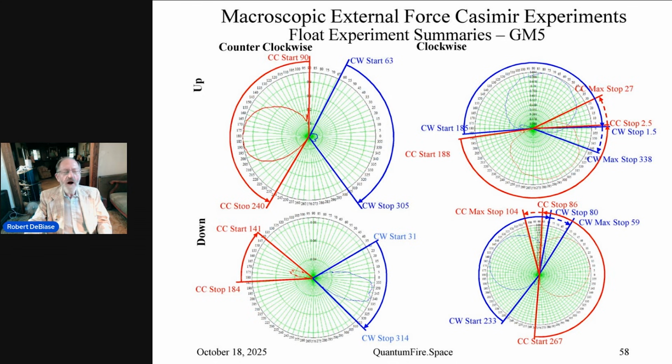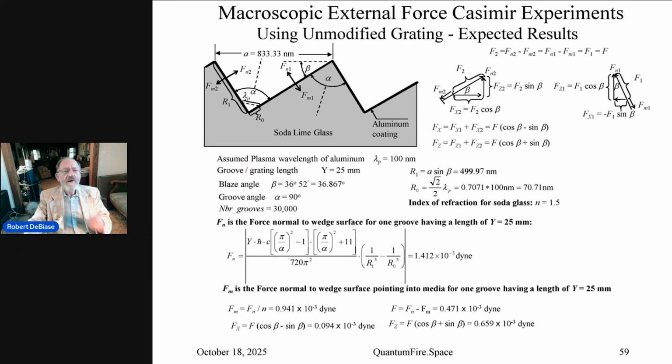This is GM5, same thing. Again, lots of differences depending upon the configuration. All right. Then I went on to unmodified gratings,